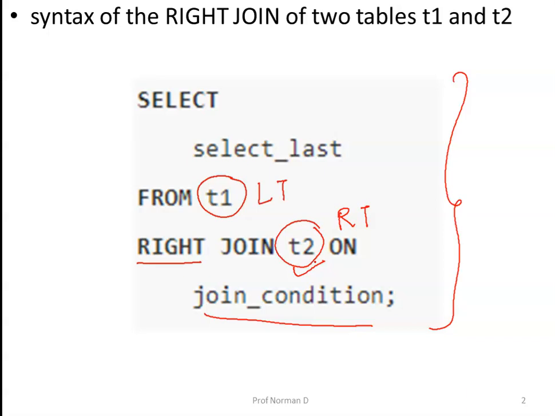If a row from the right table does not have a matching row from the left table, it combines columns of rows from the right table with null values for all columns of the left table into a new row and includes this row into the result set. So basically, the right join returns all rows from the right table regardless of having matching rows from the left table or not.